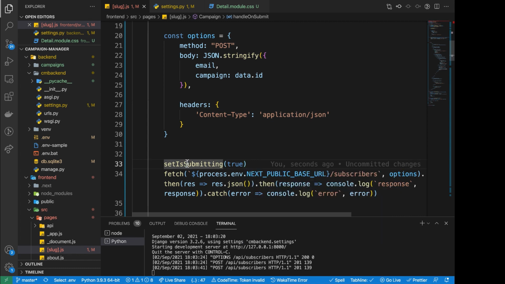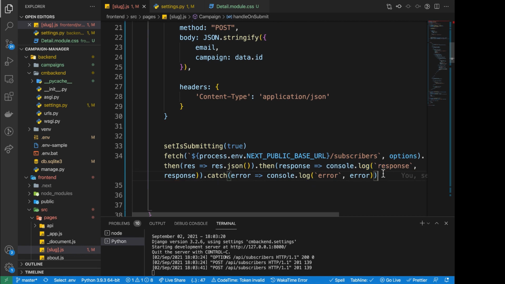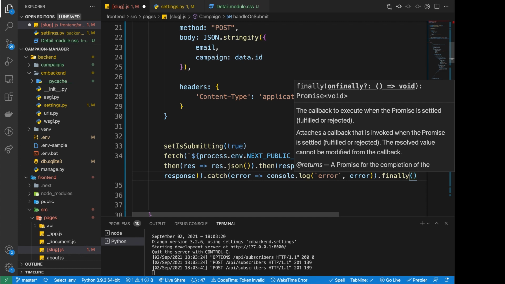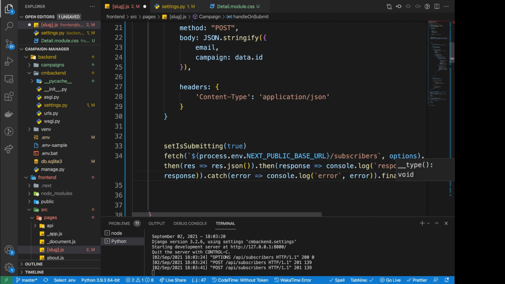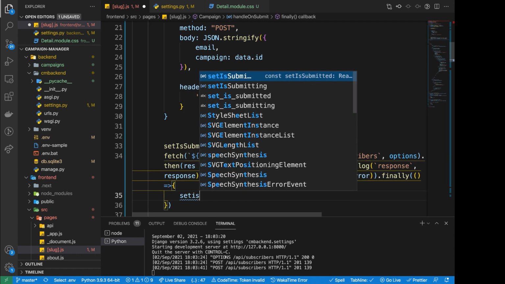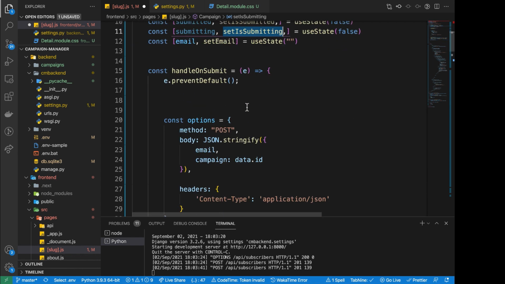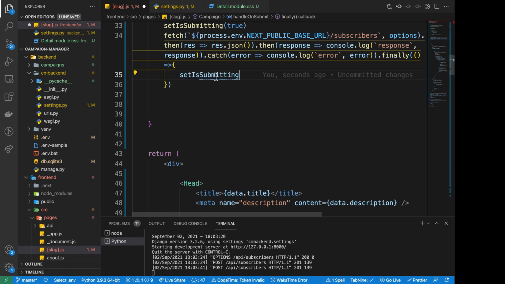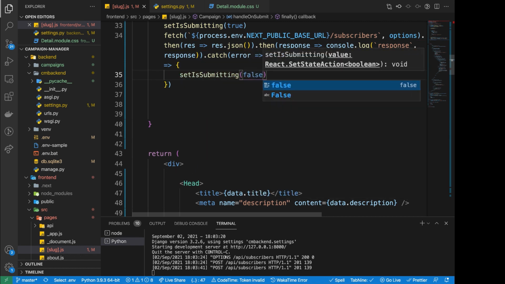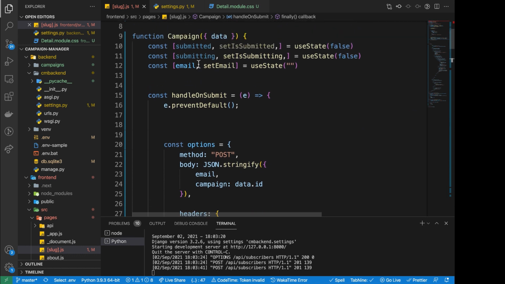And whenever we finish submitting or we get an error, we can update isSubmitting. By the way, there is a finally, so we can also chain .finally. This is called regardless of whether things were successful or not. You can see here, this is called when the promise is settled, by being rejected or fulfilled. So whatever happens, this gets called after. So here we set isSubmitting to false again, and also we want to handle